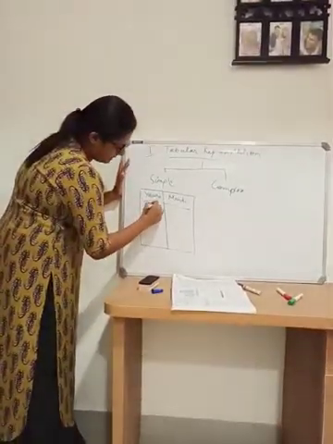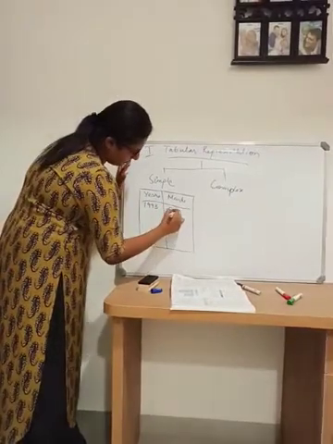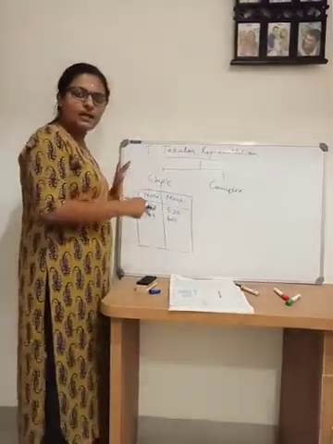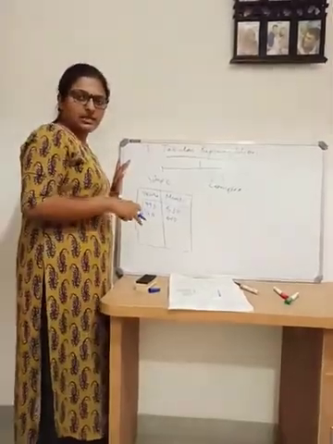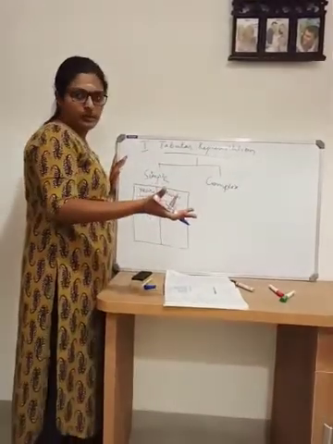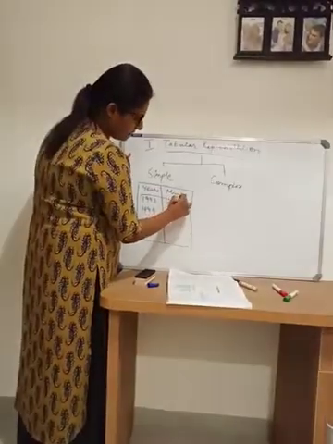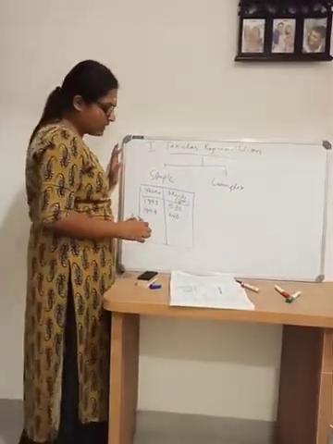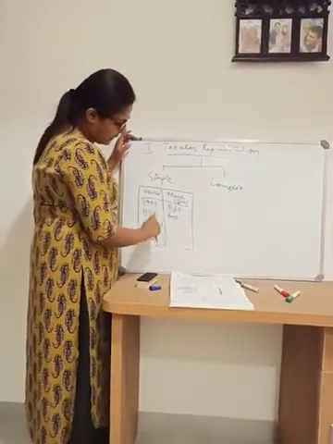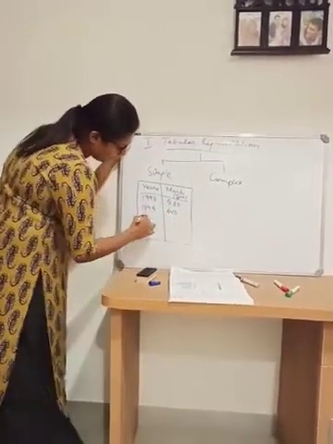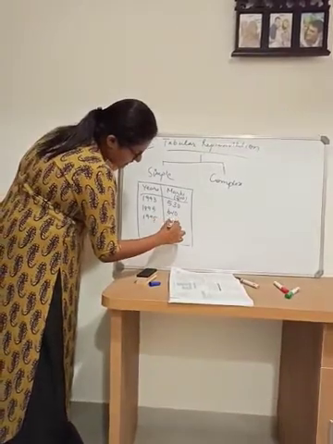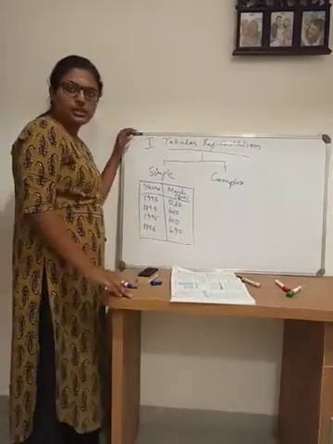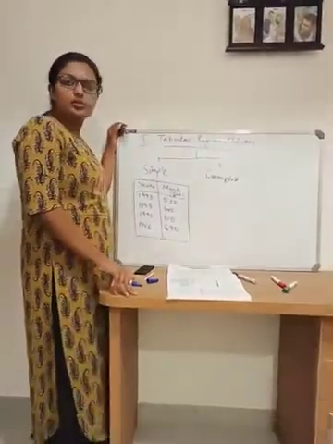Top marks secured by the students: in year 1993, 530; 1994, 620. That is the top marks secured in the CBSE exam, out of 700 or 800 maybe. We don't know, so let us take it as 700. Out of 700, the top mark in 1993 is 530, 1994 is 620, 1995 is 610, 1996 is 690. So these are the top marks secured by the students in the exam.